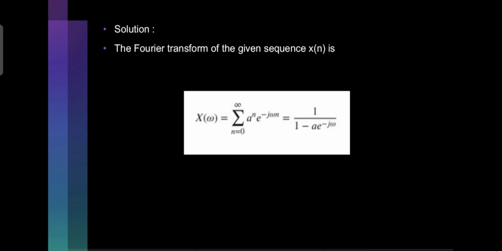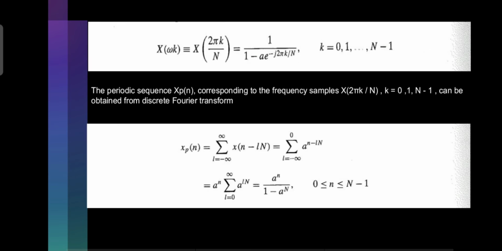First we need to find the Fourier transform of the given sample, then we will get X of omega. Since a is less than 1, we get 1 by 1 minus a e to the power minus j omega. Now, we sample X of omega at N equidistant frequencies. Now we replace omega k with 2 pi k by N. Now by IDFT we reconstruct the original sample, where the factor 1 by 1 minus a to the power N represents the effect of aliasing. Since a is between 0 and 1, the aliasing error tends towards 0 as N tends to infinity.